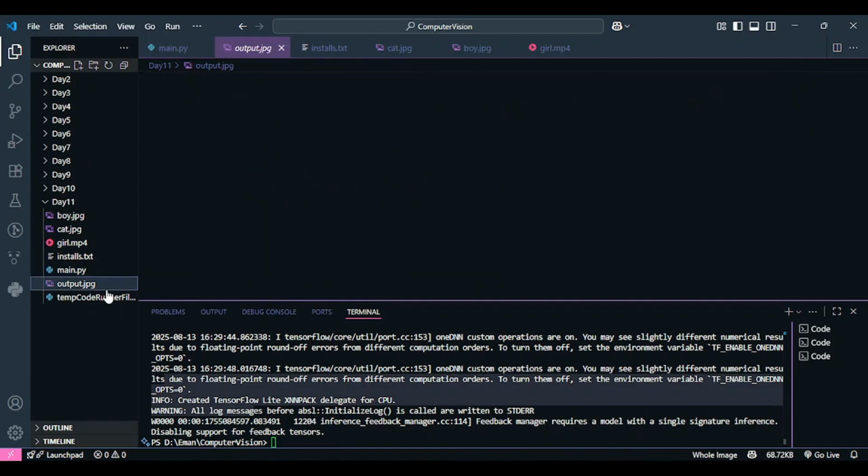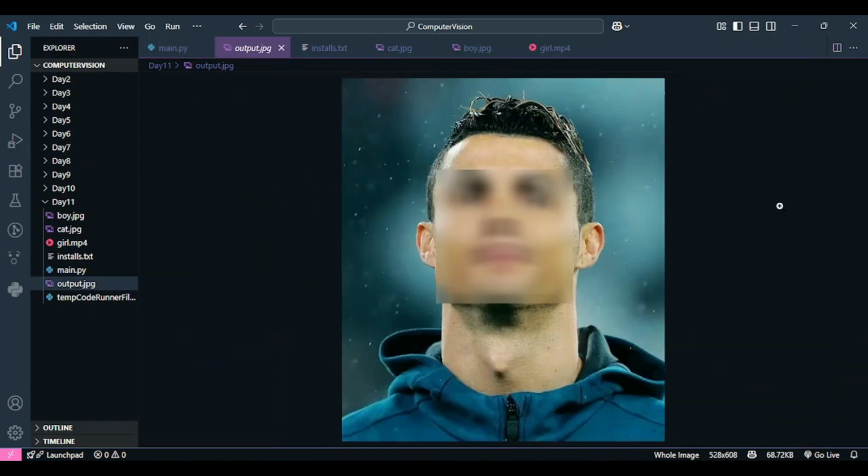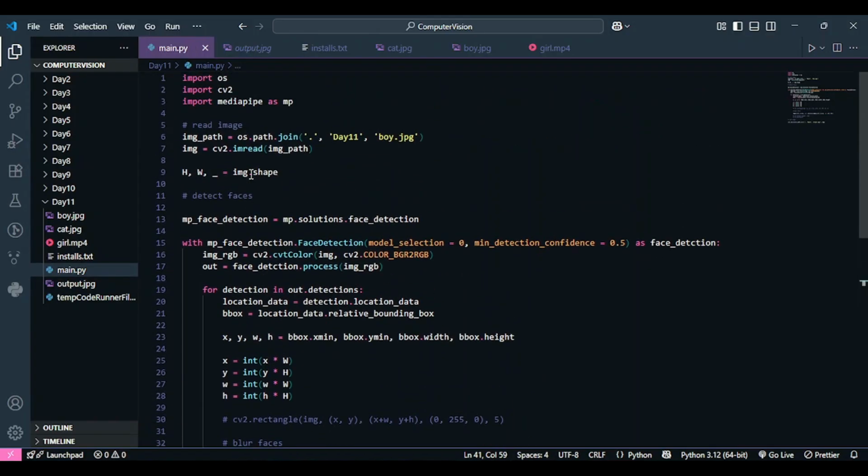Okay, so yes, I got it, and as you can see, I have successfully anonymized my face. I've successfully detected my face, anonymized it, and then I have successfully saved it back to my computer. So this is a huge success for us. And now that we are done with the first step of anonymizing the image, we can simply write the same code by making just a few changes for anonymizing a video and for anonymizing the webcam on runtime.